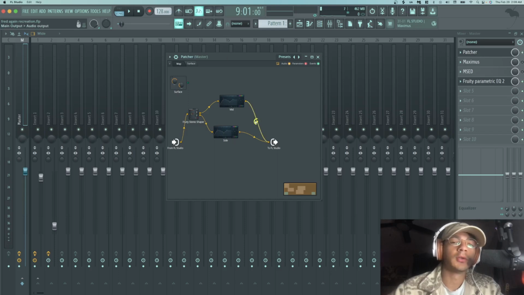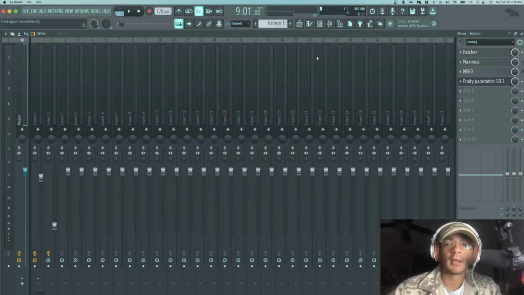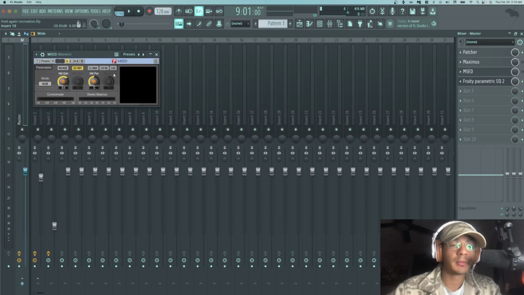Once you do create it, you can disable the mid channel by right-clicking on this little routing thing here, and it will kind of dim out, and that's how you know that you only have the side channel. Now we can listen, and now both are muted. Let's bring the sides back in, and we could do that with this MSED plugin, but this has no EQing option. So